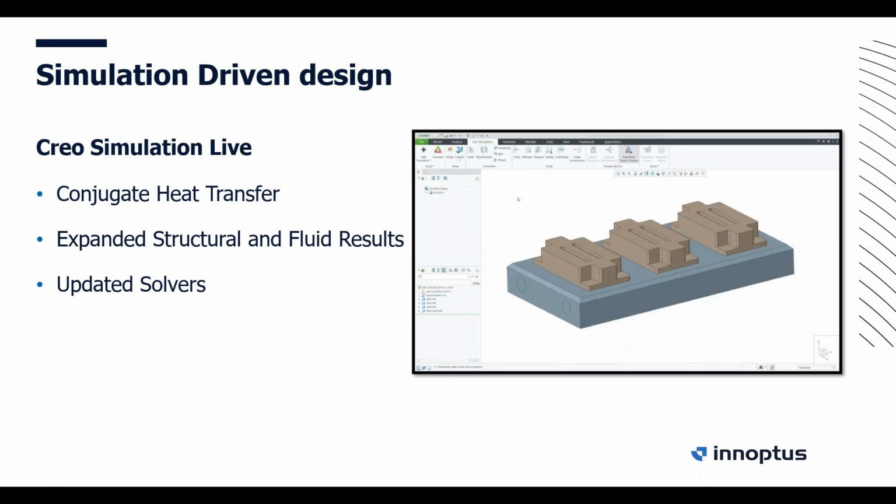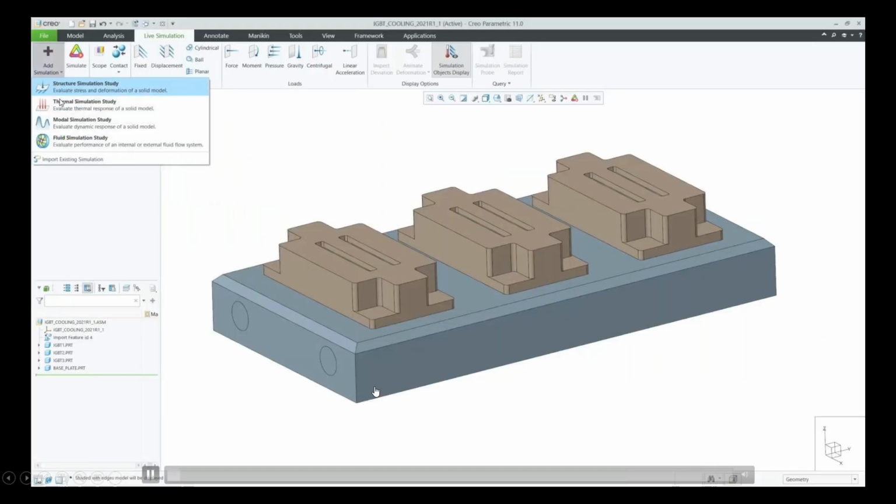Simulation driven, Creo Simulate Live also changed. There's now functionality added to calculate your heat transfer. Heat transfer between solids and fluids. Fluids, of course, can be air as well, for instance. So the heat loss can be calculated in there as well. Of course, some